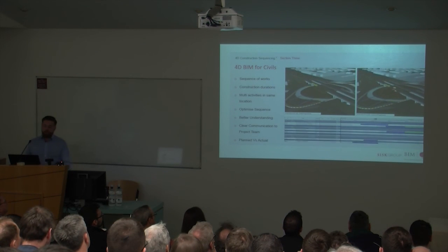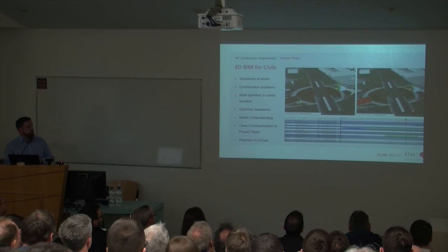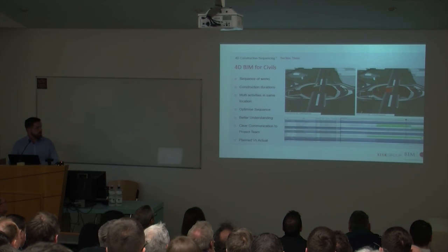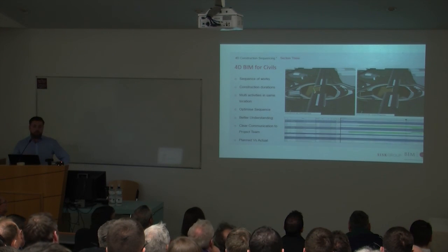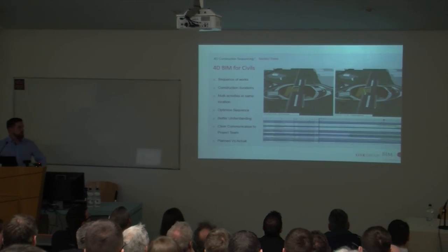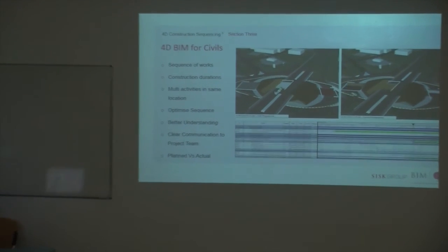The next thing that we'll be looking at, the A19 in Newcastle. So this is a project where it's a BIM level 2 project, and I suppose it was mandated that the client wanted to see a construction sequence carried out right throughout the project. That we had this on our progress reports, that we showed a sequence of work, the construction durations,